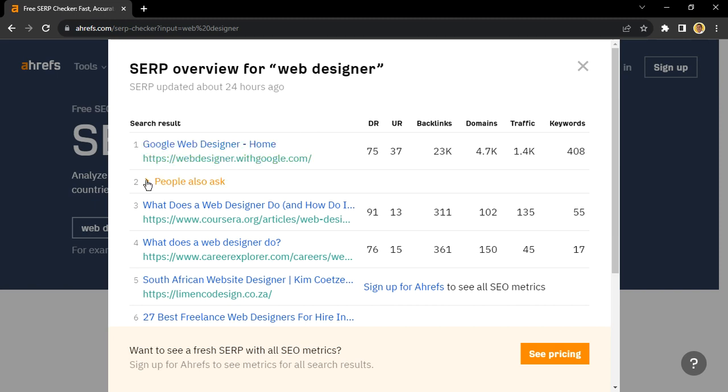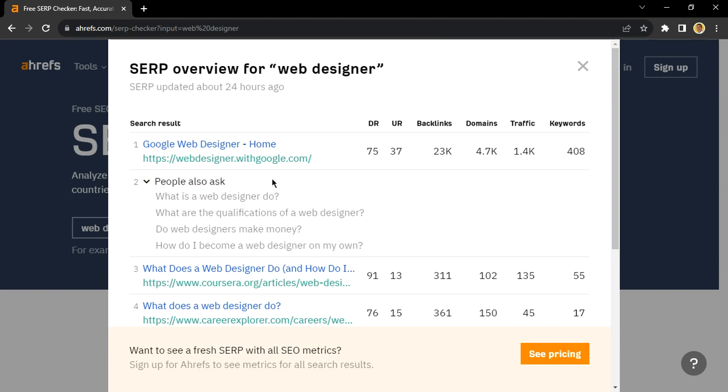Another really key thing to notice is the People Also Ask. This will tell you something that you can also add as an FAQ on your homepage. It will also tell you what questions you should answer. This is another way to rank high for top keywords such as this, by answering simple questions in an easy format. So practically, that was a quick tutorial on how you can check for the search engine result page